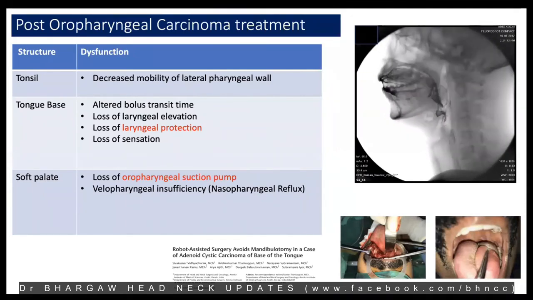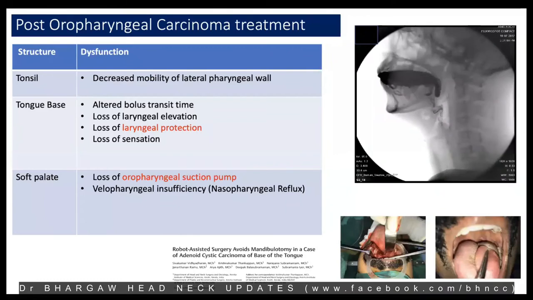If it's a tonsillar cancer, and the patient has had surgery for that tonsillar cancer, there would be decreased mobility of that lateral pharyngeal wall, because there's nothing there. Usually when you do a tonsil resection, whether it's a robotic or an open approach, the superior constrictor on that part is taken off. So what would be there would be a dynamic insensate flap, which should not move, it's adynamic, or sometimes when we do a robotic surgery, you'll allow that area to heal by secondary intention. So that part of the lateral pharyngeal wall will not move. It will be like a solid wall.